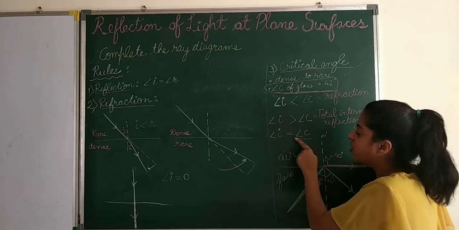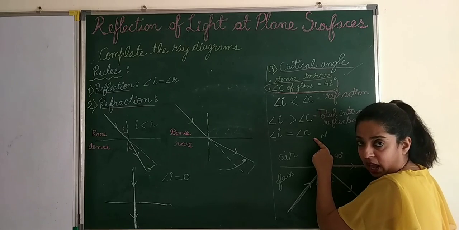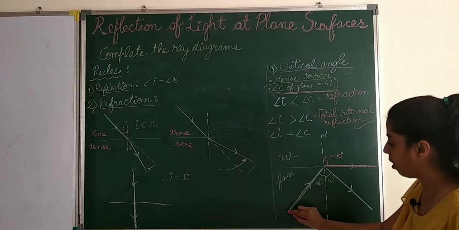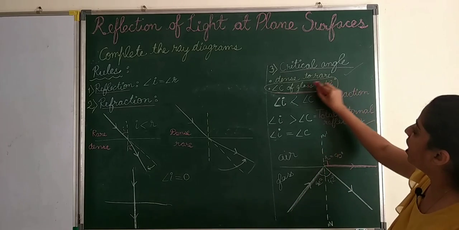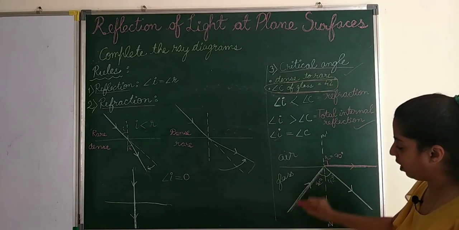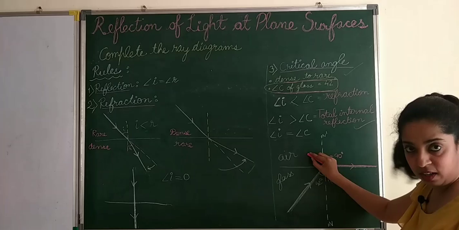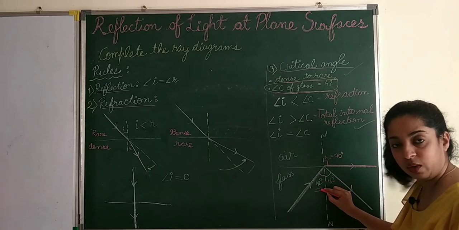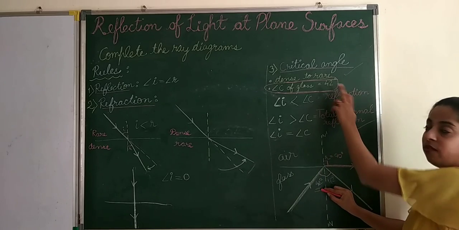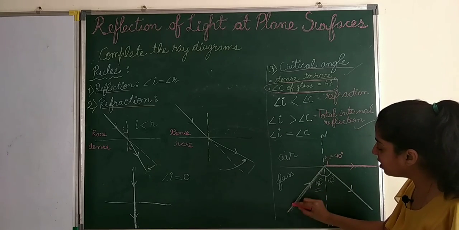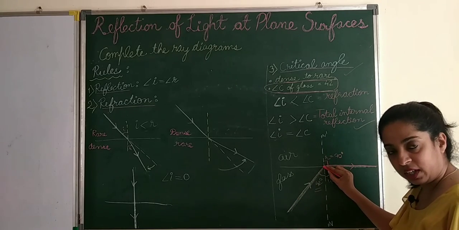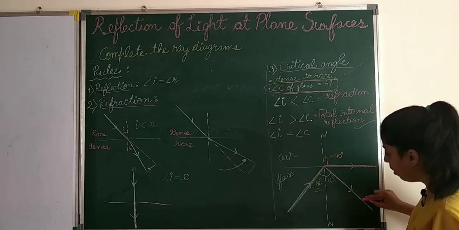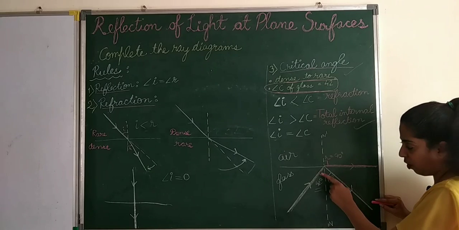Now when the angle of incidence is equal to the critical angle, in that case, you can see here from glass to air it is coming, the incident ray is in the dense. It has to go from dense to rare. So from dense it is entering the rarer medium. Now here you can see the angle of incidence is 42 degrees, which is equal to the critical angle for glass. So when the incident angle is equal to the critical angle, at that point of time, some intensity of the ray will have total internal reflection at 42 degrees.